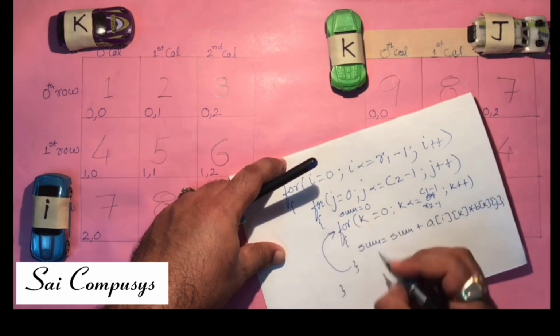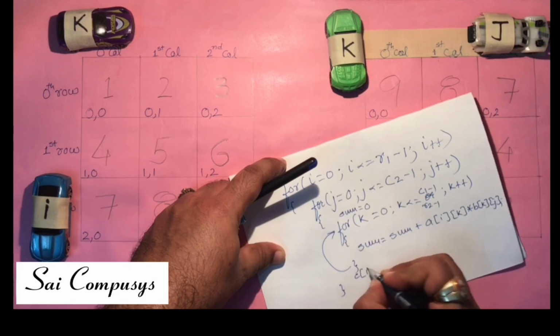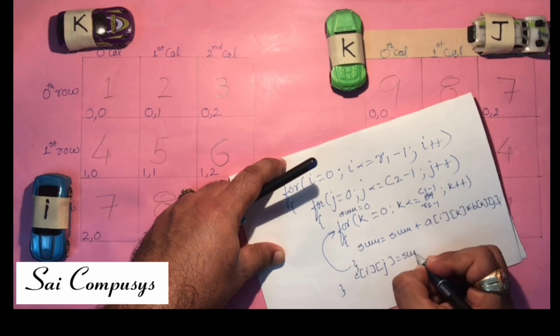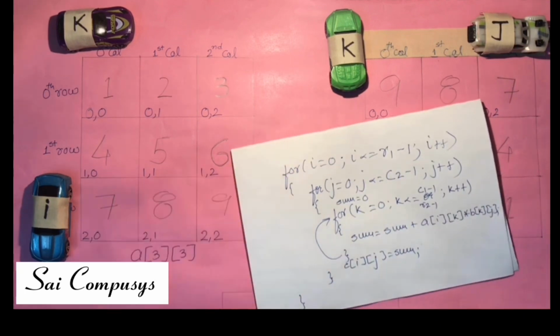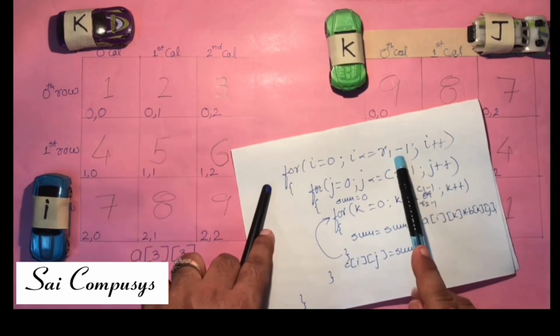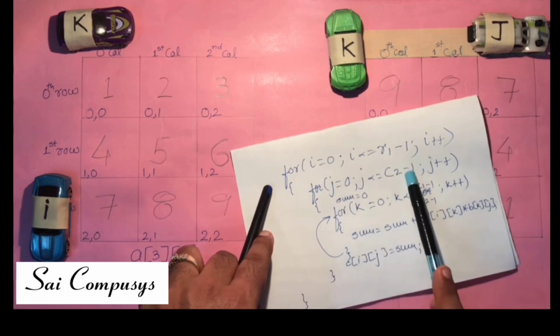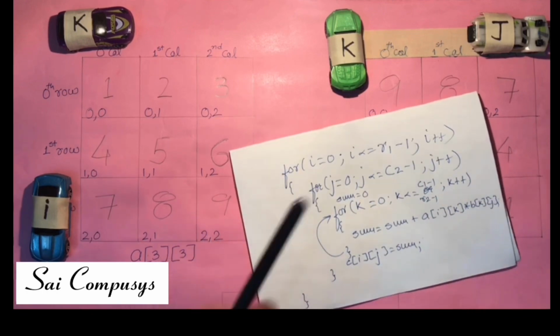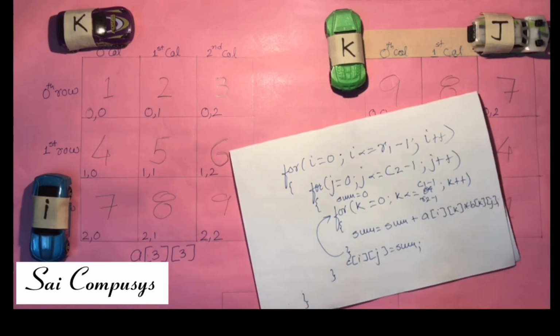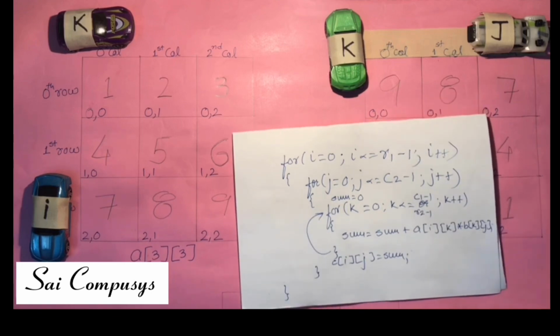After the loop of k, whatever the resultant is generated, I'll assign it into the ijth position of the resultant matrix C. So this is how multiplication logic takes place. If you are given a 3 by 3 matrix, there is no issue, you can directly write down 0 to 2, 0 to 2, 0 to 2. But depending upon the dimension of the matrix, you can always replace this R1, C2 and C1, R2 by some possible number. Okay. I hope you understood the multiplication of matrices. Thank you everybody.